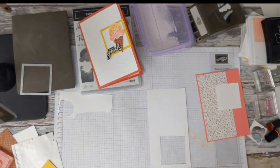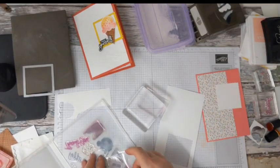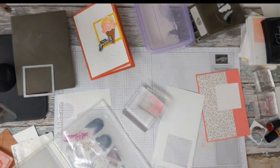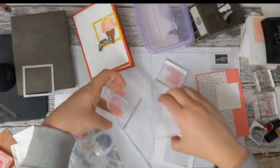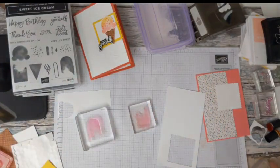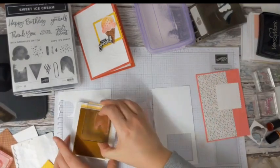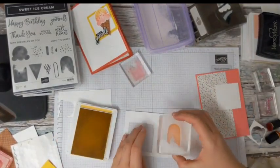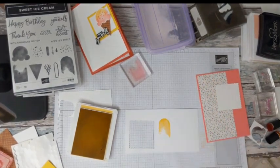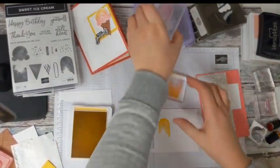So I'm going to bring in the ice lolly. So there are two stamps for the ice lolly. There's the top and there's the bottom. So the top has got a little curved part to it and the bottom is square. So I'm going to start by stamping the top, and the top I'm going to have as my So Saffron. So just like so, and then the bottom I'm going to stamp in So Saffron, but before I add it